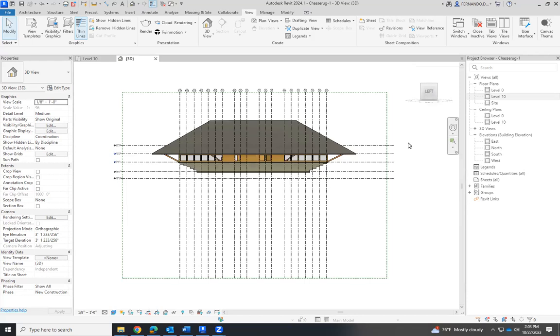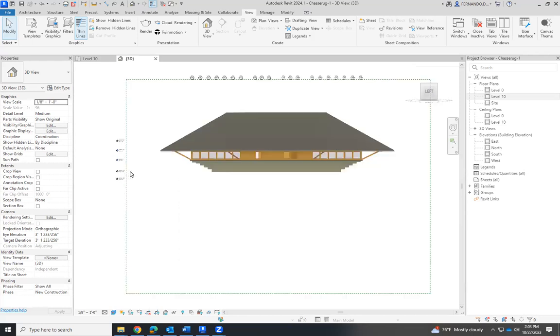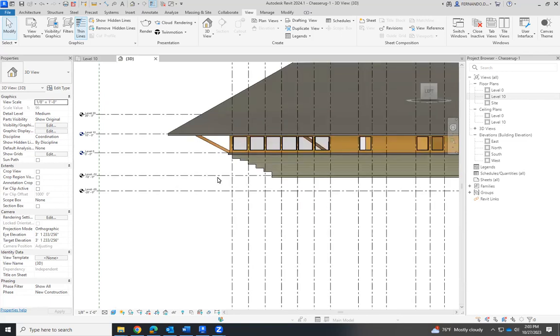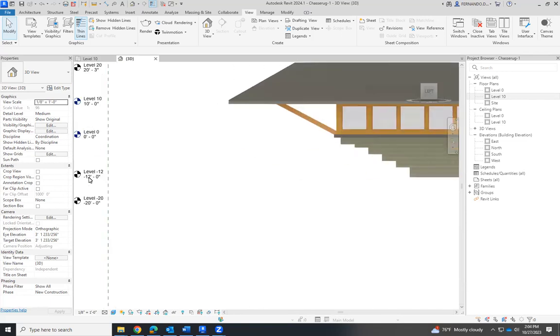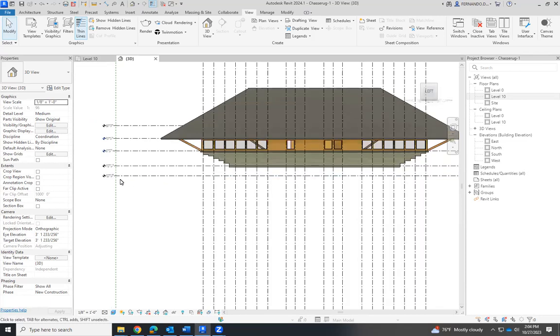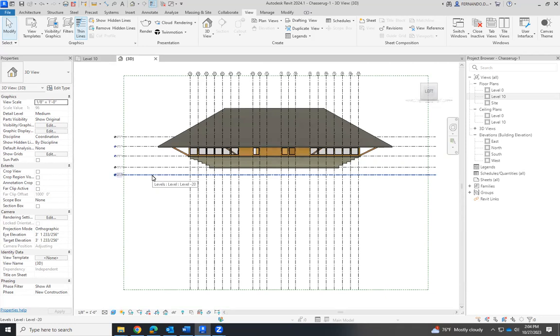Hello, everyone. I'm going to try to create a topography for this building. So far, these are the levels that we have. This is level 0, where the first floor is, and this is the foundation level. In this case, it's level -12. Okay, so the first thing I have to do is to create a new level, and then I'm going to